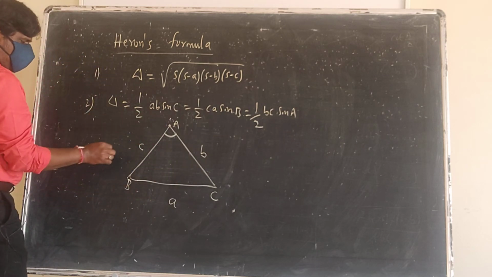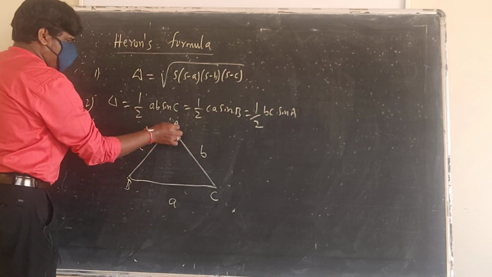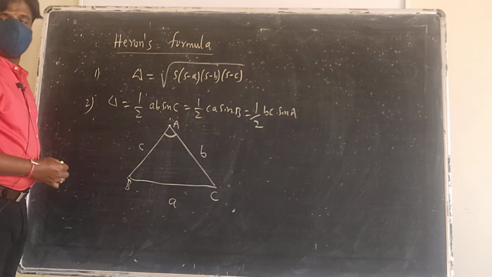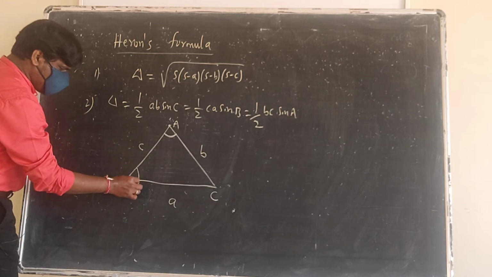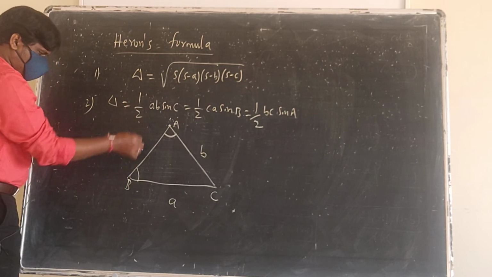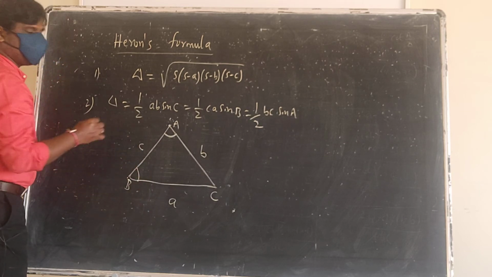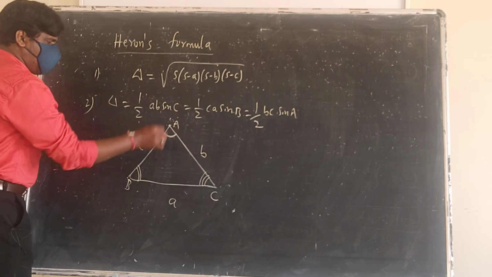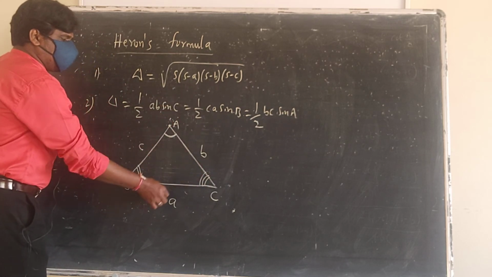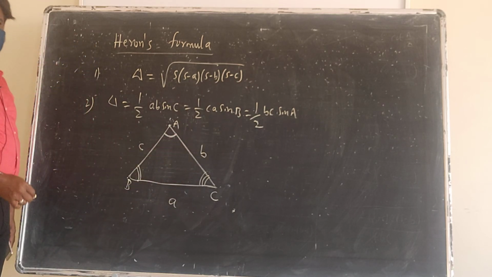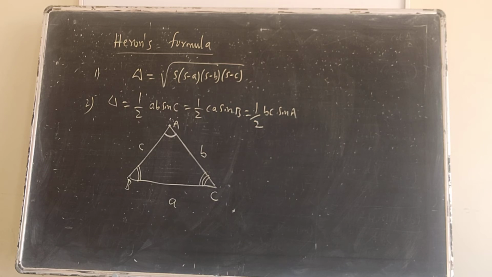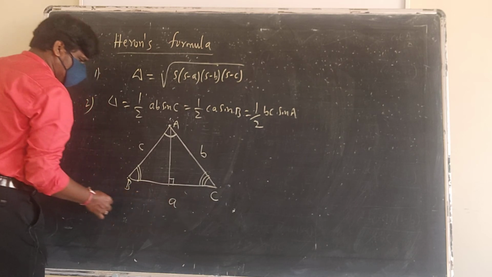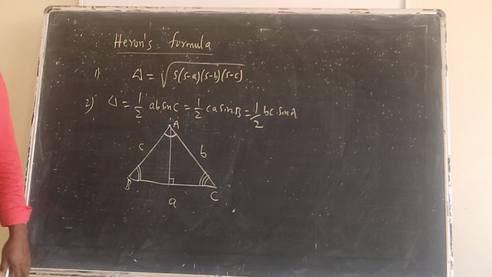So if they given one angle and the sides, then the area of the triangle will be, if they given angle A, suppose, half into sin A into the product of the sides, right? If they given angle B, suppose, then area of the triangle is half into sin B into AC. If they have given C angle, suppose, then what we will write here? Half into sin C into product of these sides. That will give you area of the triangle. Okay, you already know how you get here. This is, you know, perpendicular. If you drop, this is the side length. Then using this one, we can find it.